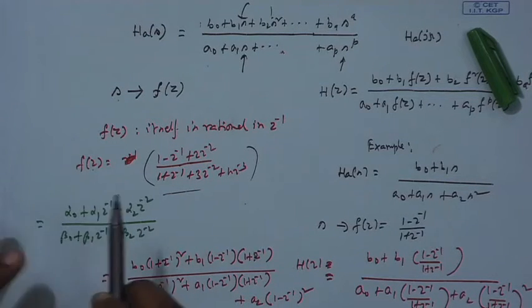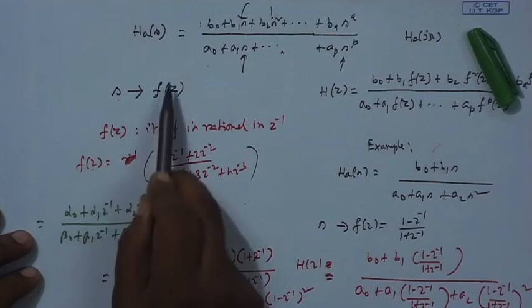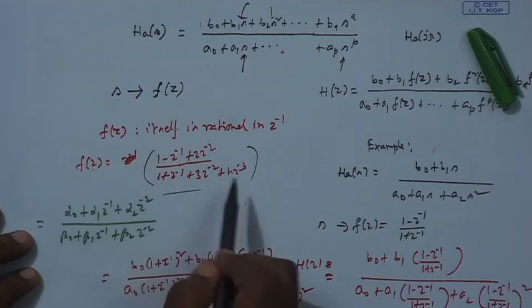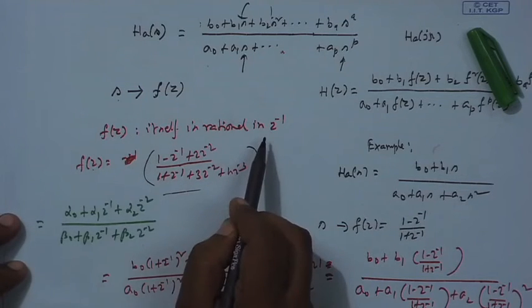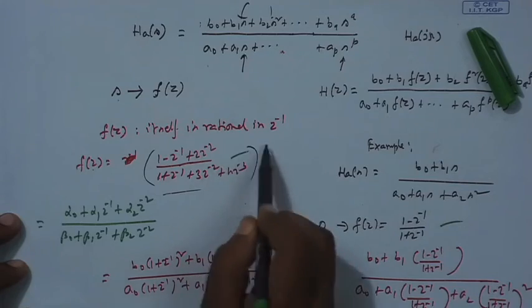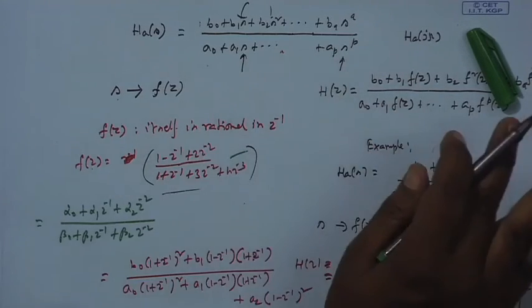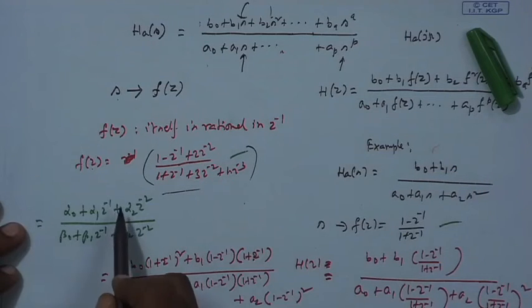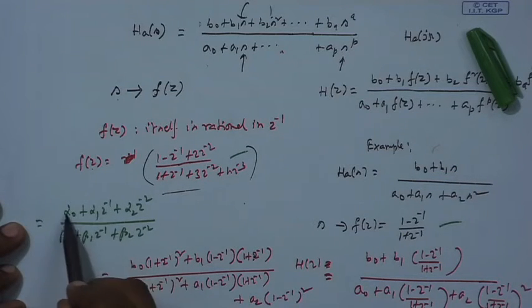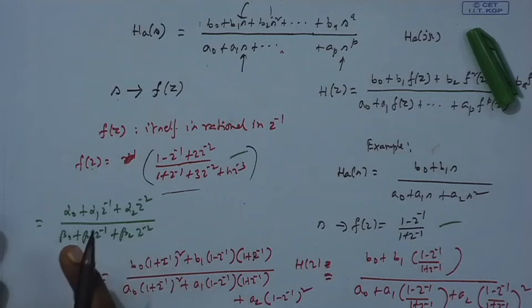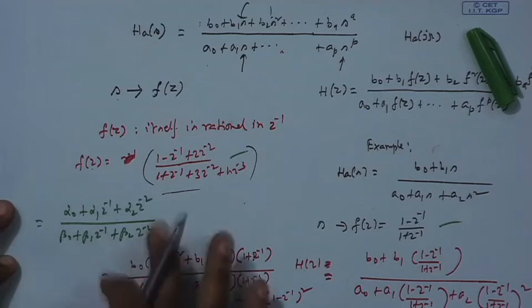So, one thing is there: if you are replacing S by a function of Z, and if you take that f(Z) itself to be a rational function in Z inverse, like this kind of thing, then when you substitute that in place of S everywhere and simplify, you eventually get one rational function in Z inverse. There is one numerator polynomial in powers of Z inverse divided by a denominator polynomial in powers of Z inverse, because I want the digital transfer function to be rational. So, I get a rational digital transfer function in this way.